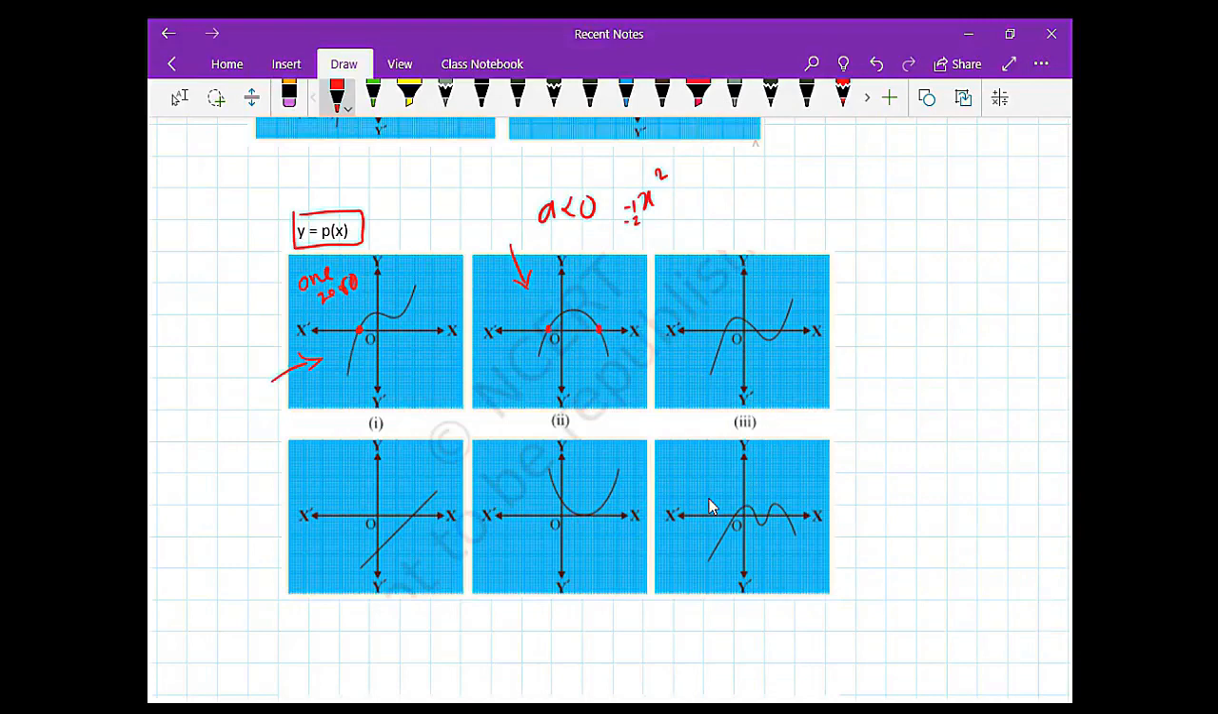Here, the curve is intersecting at two x coordinates, which means two zeros are there. Yes, by seeing only the graph where the curve intersects the x-axis, you have to tell how many zeros are there. See in the third curve,